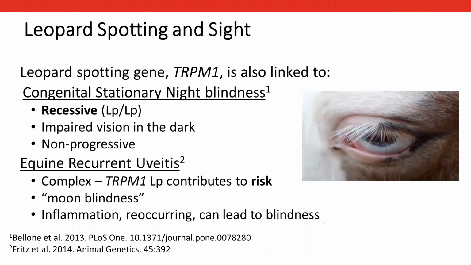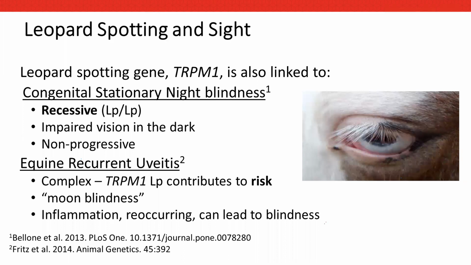And in this case, inflammation occurs in the eye. It can often be treated, but it does reoccur, hence the name recurrent uveitis. And if it's not treated regularly, it could lead to blindness. So if you have an Appaloosa horse that has the big LP allele, it doesn't mean your horse is going to get this. It just means your horse has a higher risk